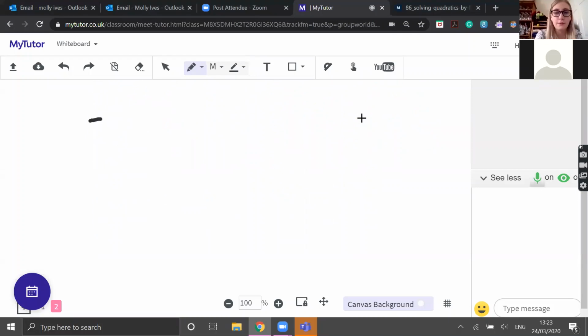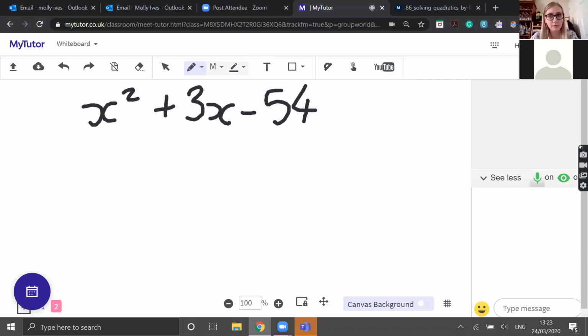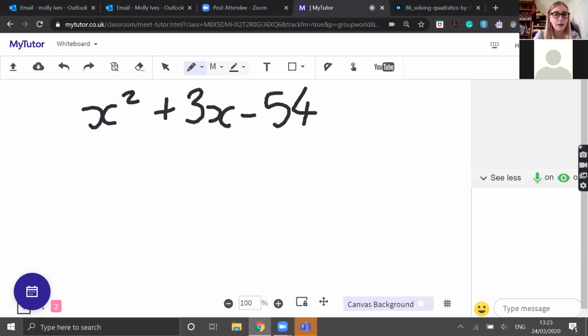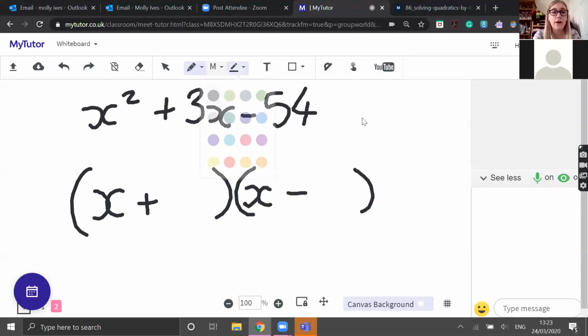So another example like that, x squared plus 3x minus 54. This one looks a bit scarier. But because this is a minus, we know it has to be one of each. So we're going to have an x plus and an x minus, because that's the only way we can get a negative number, by multiplying a plus and a minus. And then we're going to list the factors, the things that multiply to make 54. So we have 1 times